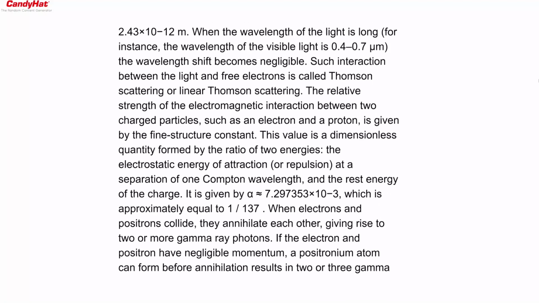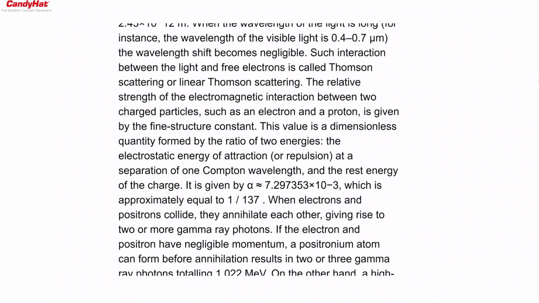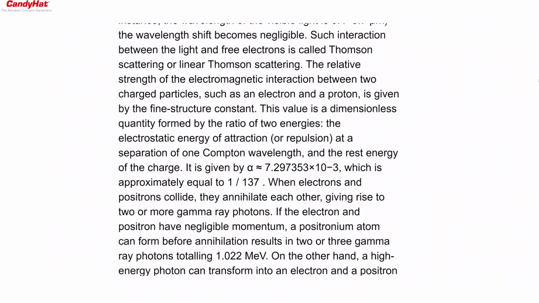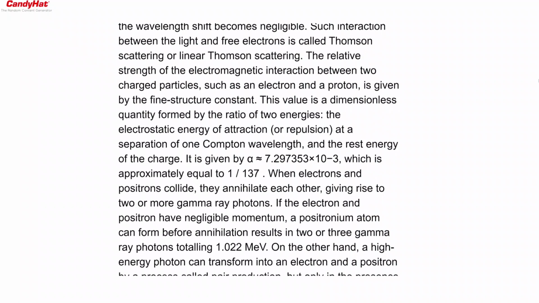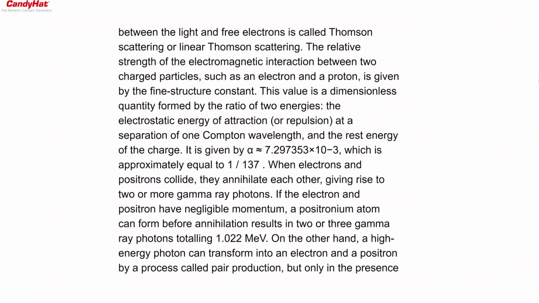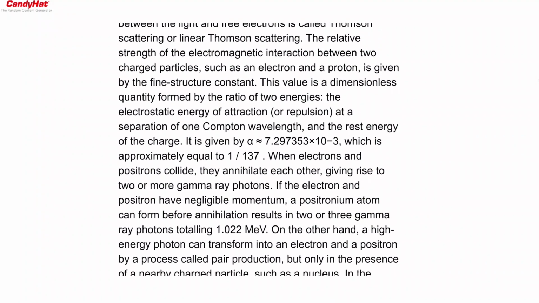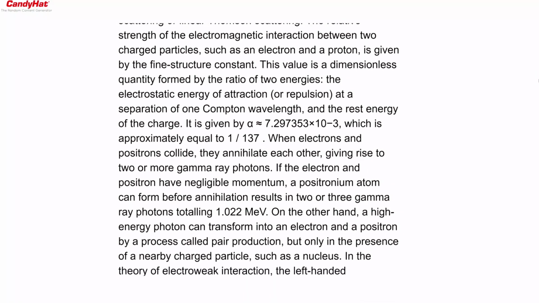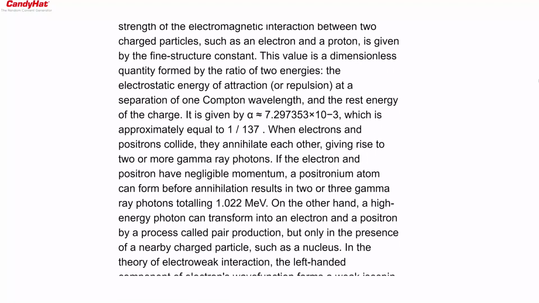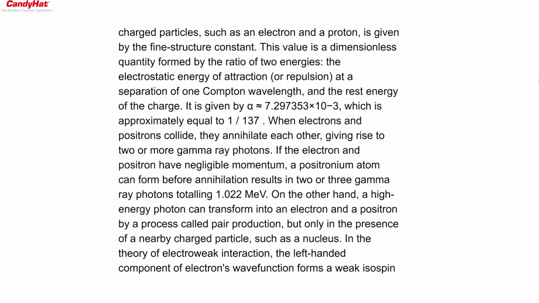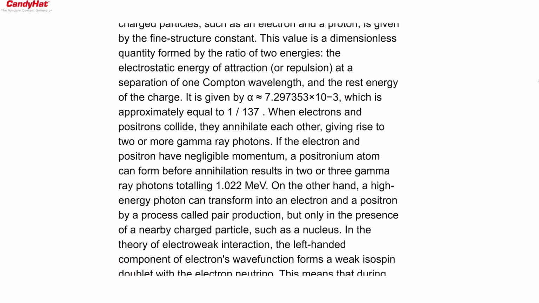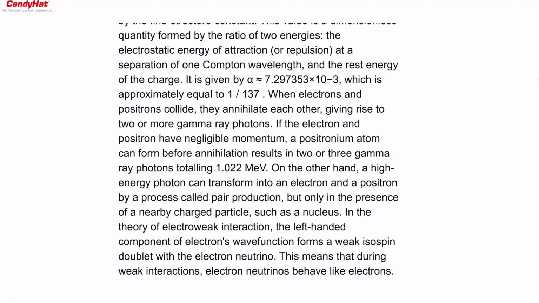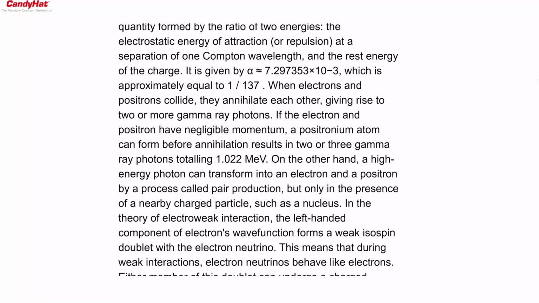The relative strength of the electromagnetic interaction between two charged particles, such as an electron and a proton, is given by the fine-structure constant. This value is a dimensionless quantity formed by the ratio of two energies: the electrostatic energy of attraction, or repulsion, at a separation of one Compton wavelength, and the rest energy of the charge. It is given by alpha is almost equal to 7.297353 × 10⁻³, which is approximately equal to